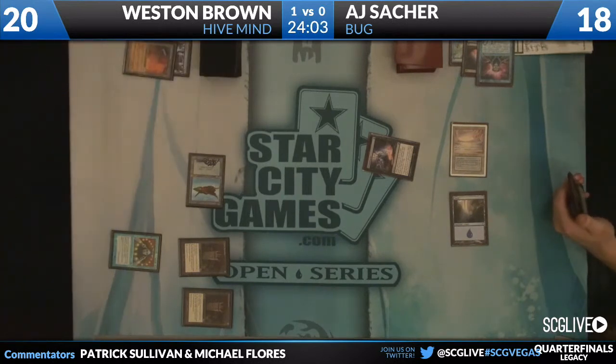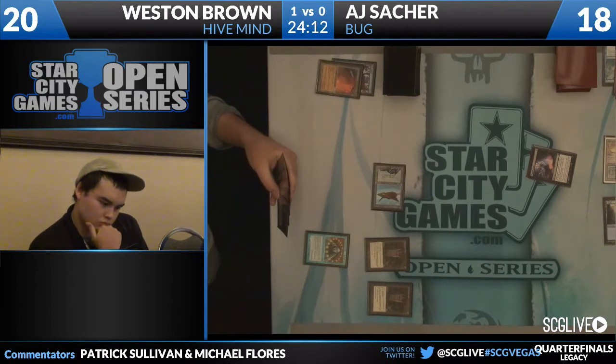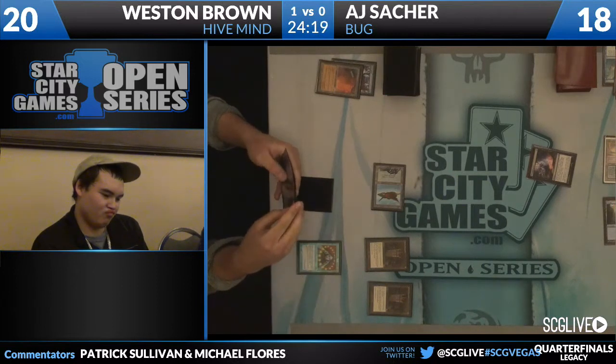Island, Force of Will, and... Is that a hive mind? Hope it was not a hive mind for AJ's sake. Because if that's there, he dies. And now Weston has to figure out a way to, basically, if that is hive mind, he wants to...